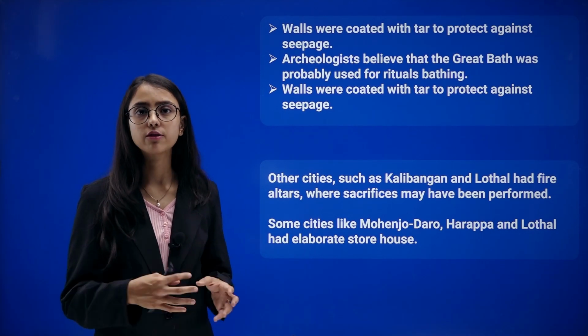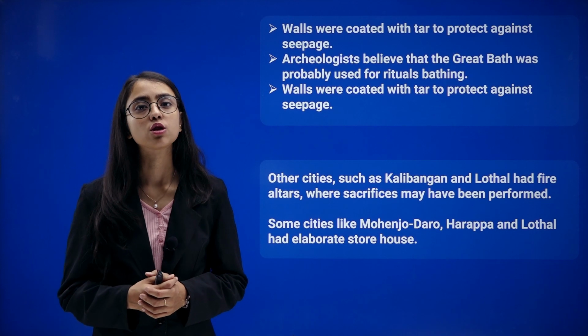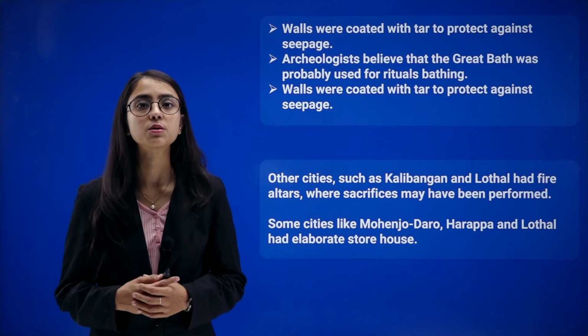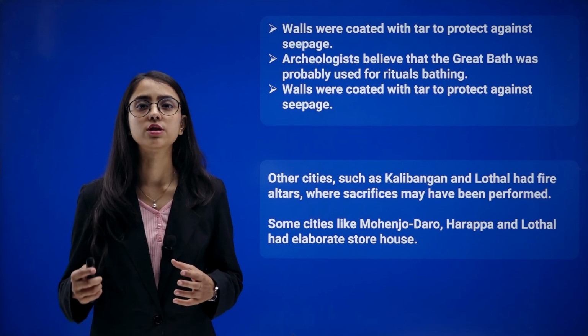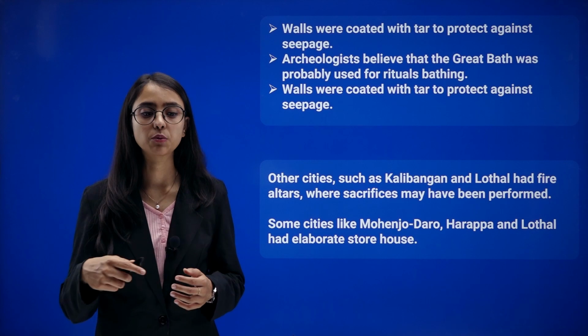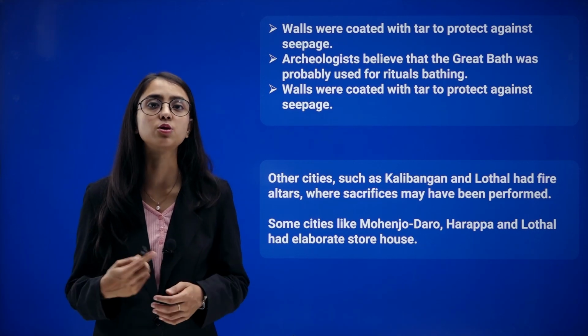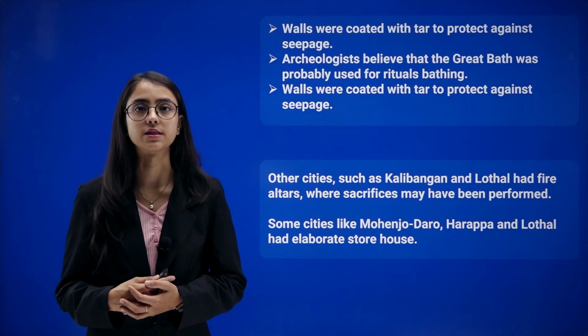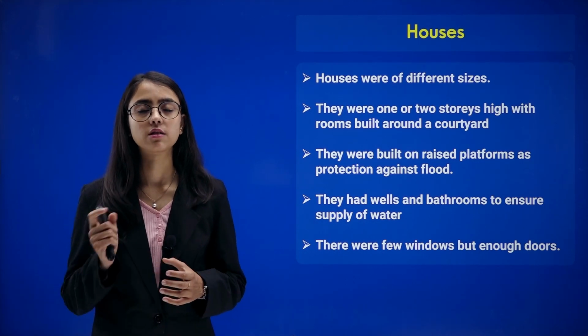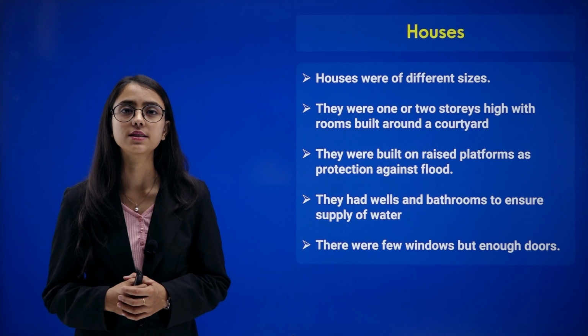So of course, apart from these things, there were also houses that were built at that time, because it is essential for people to settle in. So these houses in the early era, in the Indus Valley civilization, they were multi-storied. It was not only one floor, there were several stories, several floors in these houses. So let's find out more about these houses.